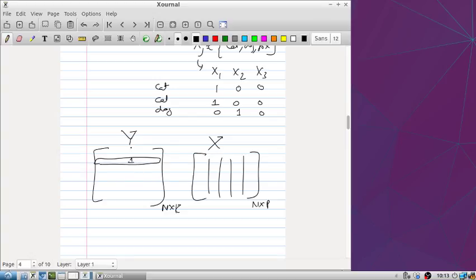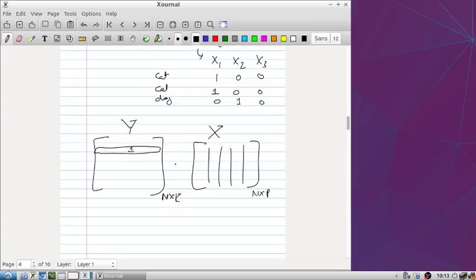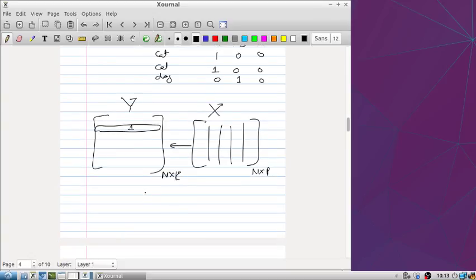Now, how to use linear regression? There are two ways. One is to just think of this as now a linear regression problem. So you have y's and you have x's, right? And you can just find a beta matrix. So now you're saying I want to find a y variable, which is k times 1 dimensional,